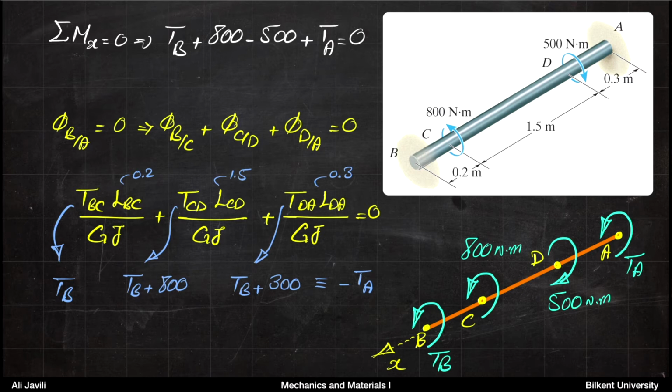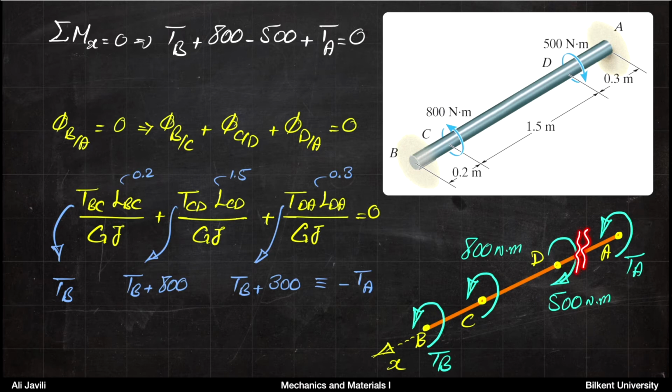And then again, the sign convention follows from what we had discussed previously, so it's a plus. And then from D to A, so DA, you would get TB plus 800 minus 500, which is TB plus 300. So that is TDA, which by the way happens to be also exactly minus TA, which makes perfect sense because